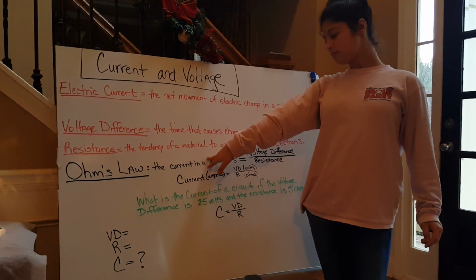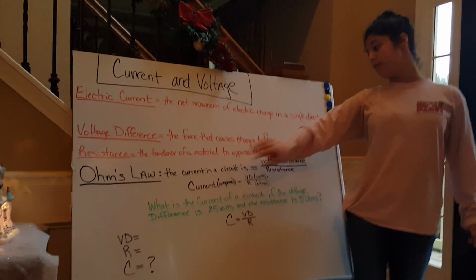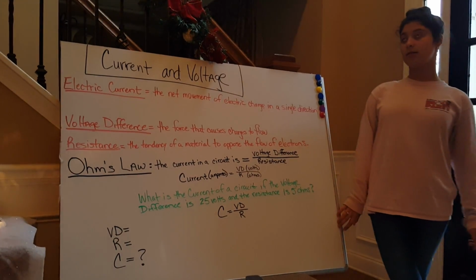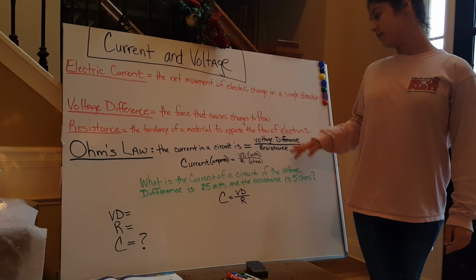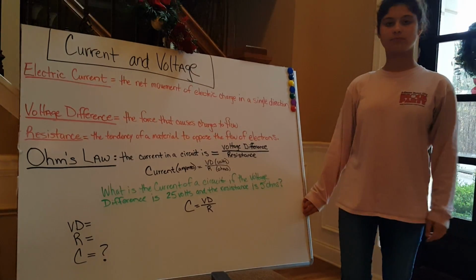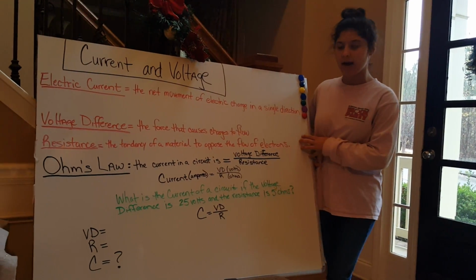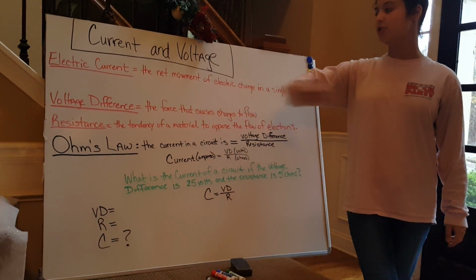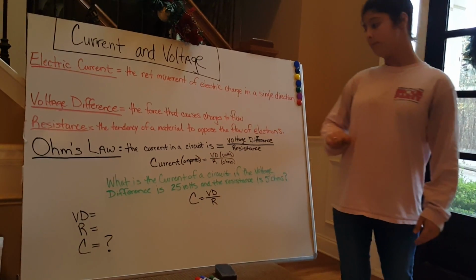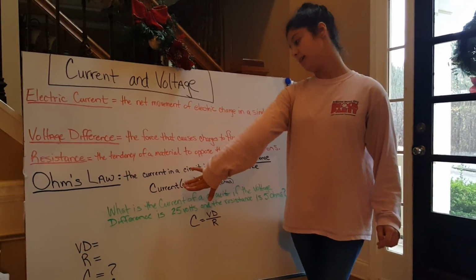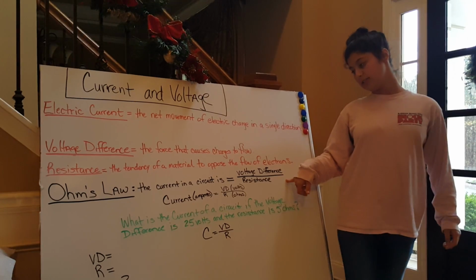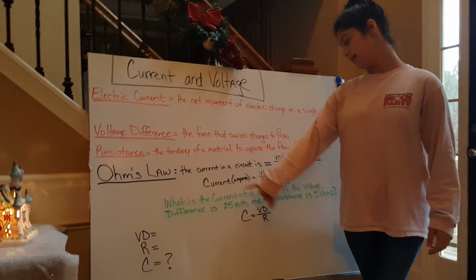And then our resistance is the tendency of a material to oppose the flow of electrons. And then Ohm's law defines the relationship between the electric current, voltage difference, and the resistance. So, now that we know that, what is Ohm's law? It is the current in a circuit is equal to the voltage divided by your resistance,